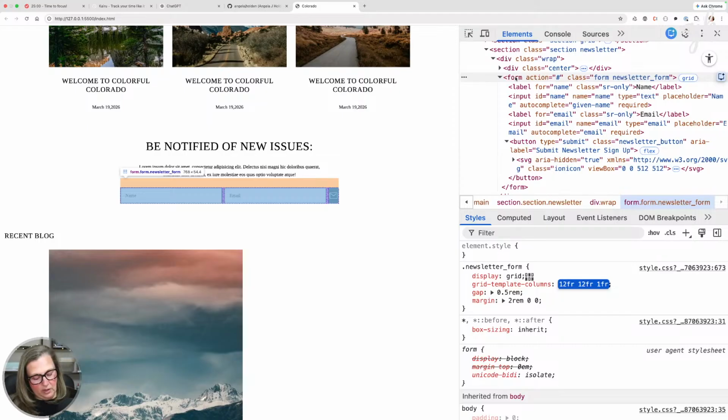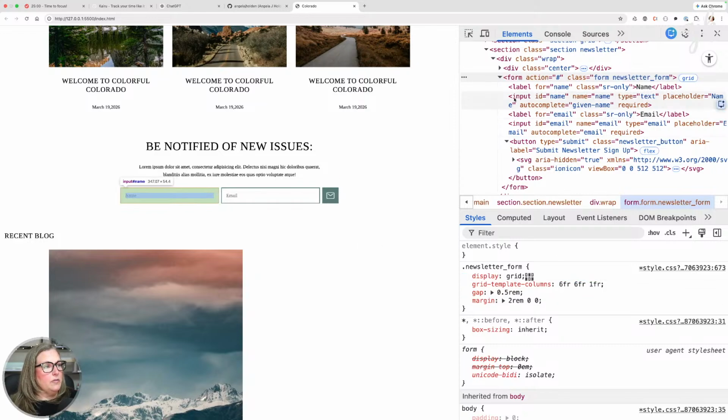So I'm just going to do it like this. There, what do we think of that? I think this way is even just a tiny bit wider.